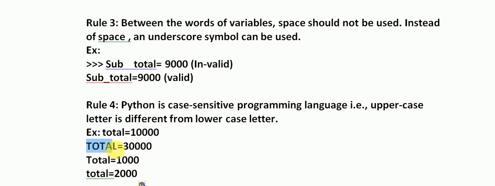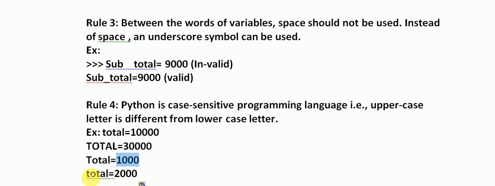Now total again, completely uppercase, has a different value. In the third variable, only the first letter is capital and the remaining are small letters, so it is also valid and has a different value.